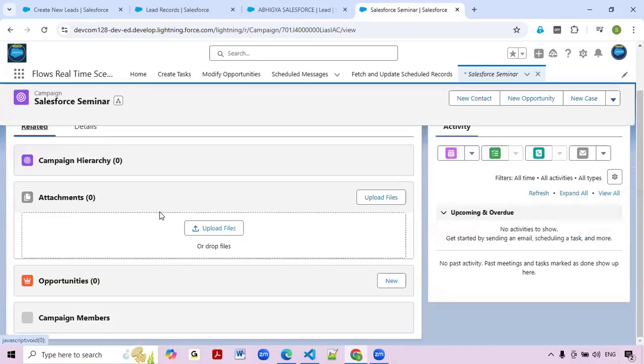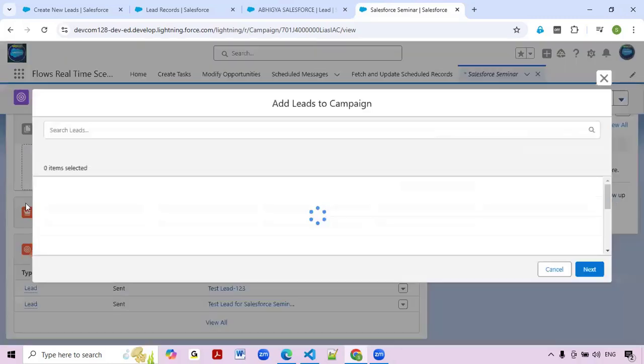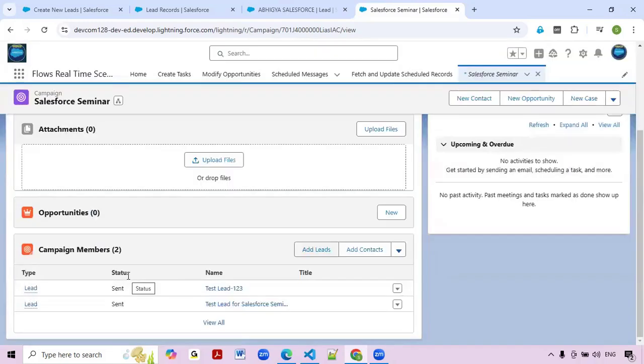Sorry, related list. See here, this is the test lead 1, 2, 3. So it is automatically assigned here. No need to click again on add leads, select the particular lead again and click the save and next button. So this is how we overcome this, or we can reduce the multiple manual steps for the end